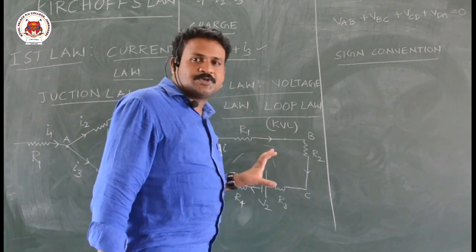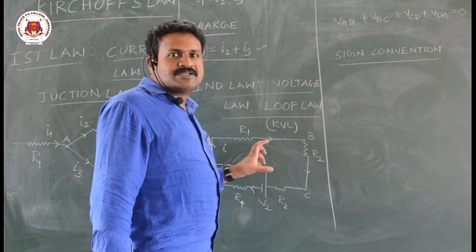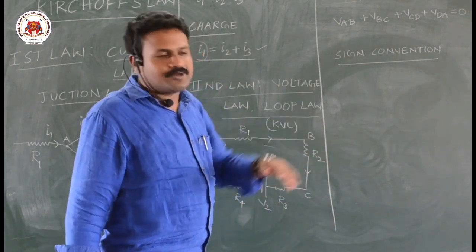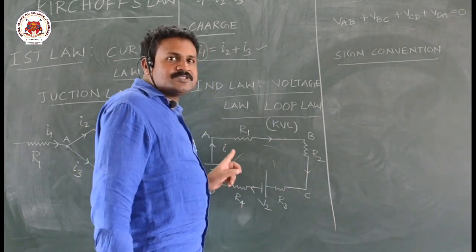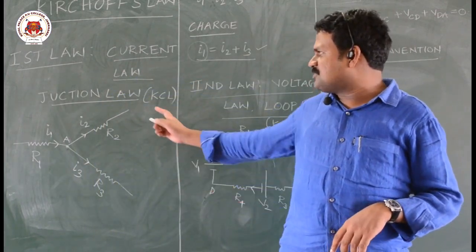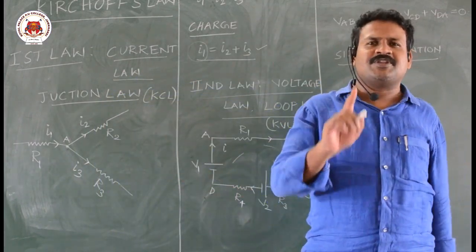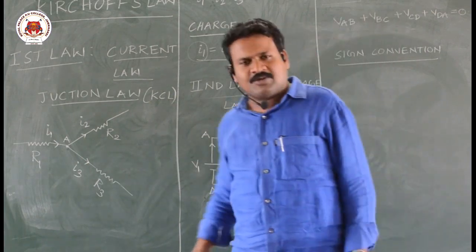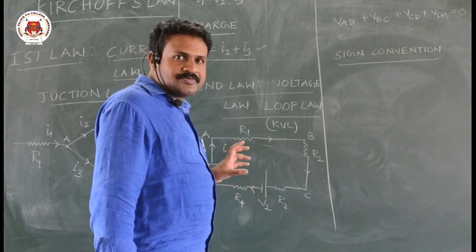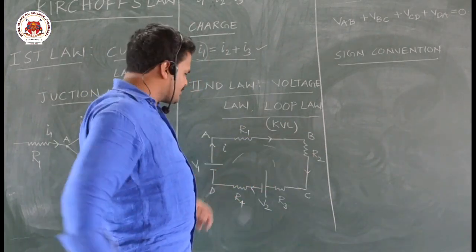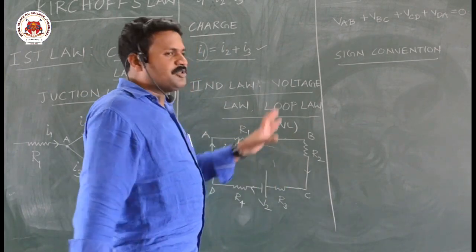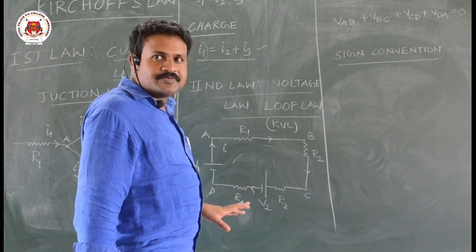But any type of circuit, if they are going to ask equivalent resistance or what is the potential difference across any branch inside a circuit, that can be calculated by using Kirchhoff voltage law. Every year, based on this Kirchhoff voltage law and Kirchhoff junction law, you will get at least one question in every competitive exam. This law looks very simple, but application is very difficult. In simple manner it says, when I move from A to B, B to C, C to D and D to A, work done is 0, therefore potential difference I will get 0.